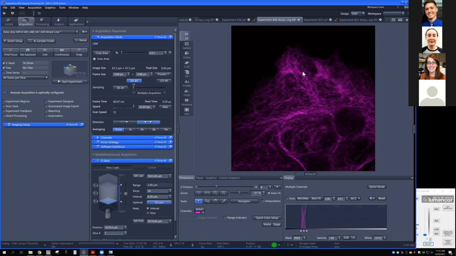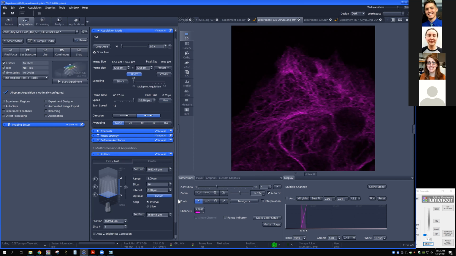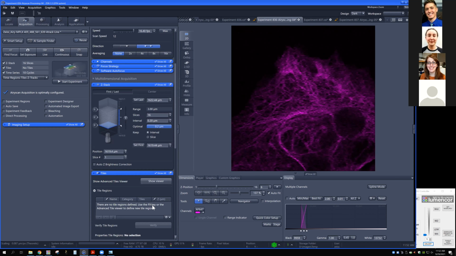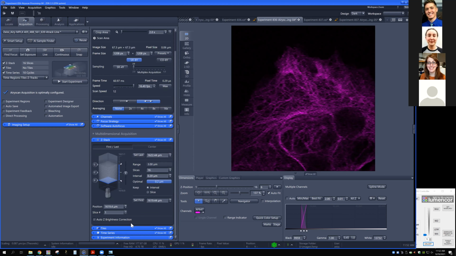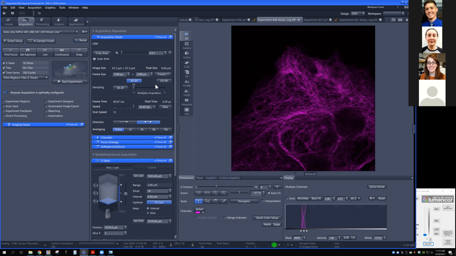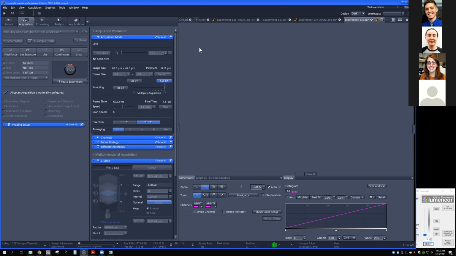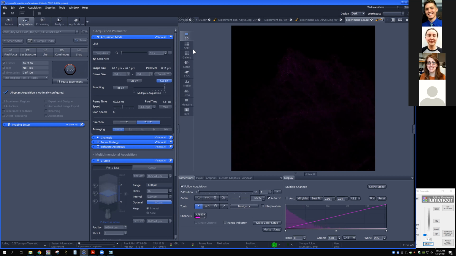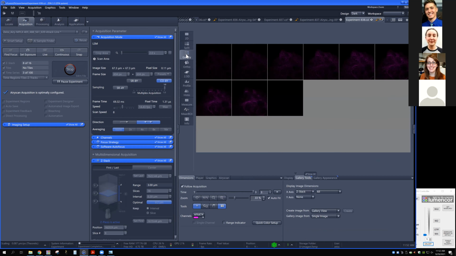You can push it to do speed. And just to give you an idea of what that speed looked like, again, let me actually do a time series where we are just going to do, let's say, 100 cycles with no interval at all. And so if I start that experiment, this time doing the confocal 8Y mode, if we set it to gallery mode here,